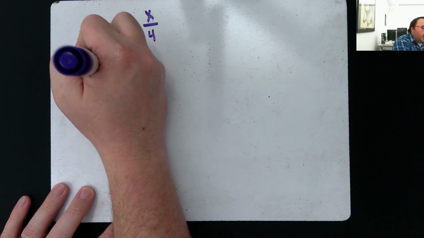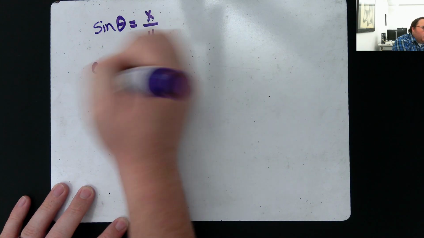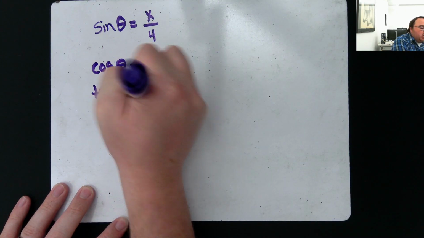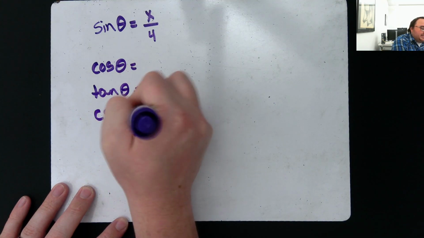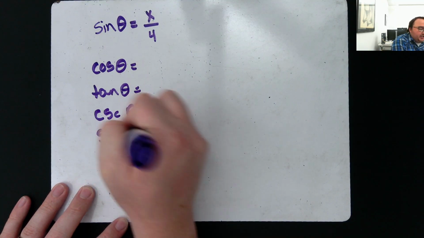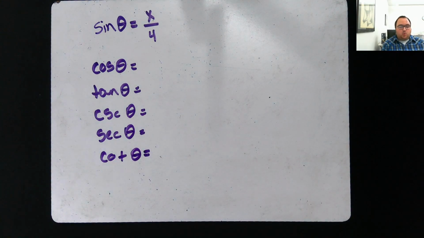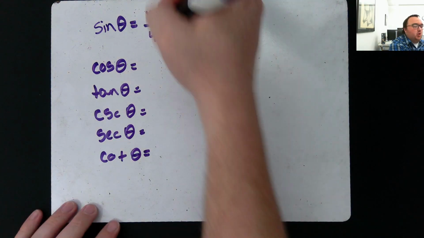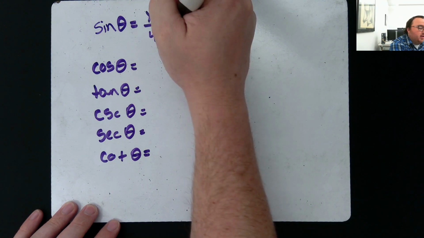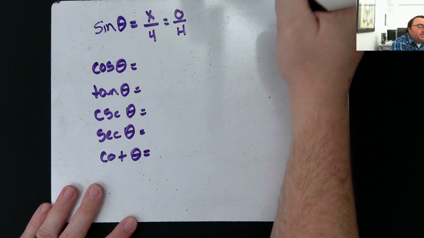So I want to know now, what is cosine? What is tangent? What is cosecant? What is secant? What is cotangent? I want to recap how I do that real quick. If I know what sine is, remember our rule for sine is that sine is equal to opposite over hypotenuse, right? So what this means is if I have a triangle,